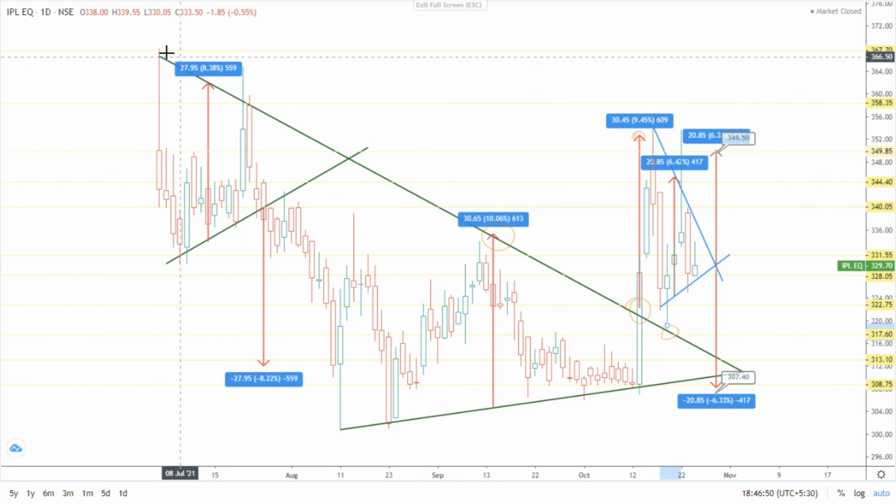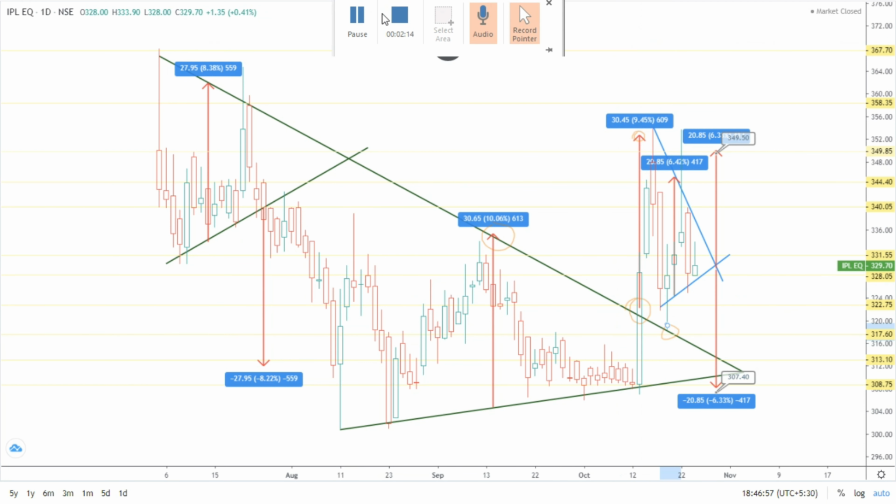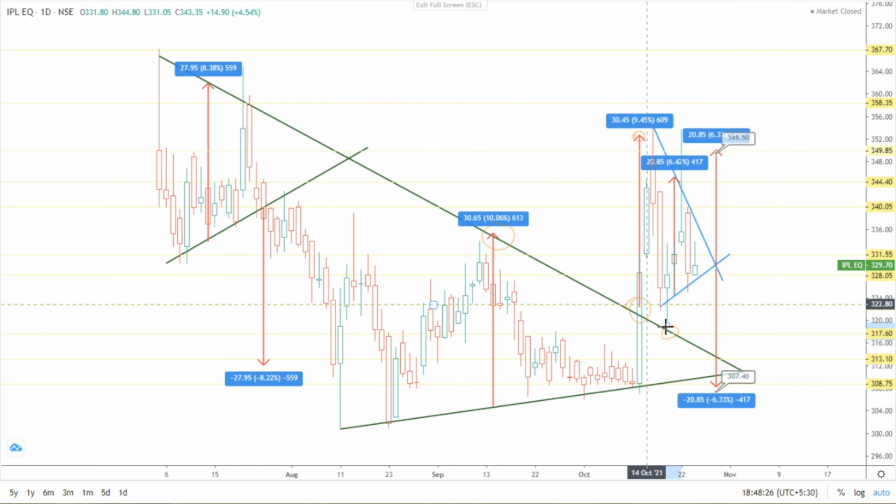Here you can see this acts as a support zone and resistance zone. Before it was resistance, but after the breakout here it has become support. So you can see the support was taken here and again a bounce back was seen in the stock, and now a symmetric triangle pattern has formed. After this, the breakout or breakdown decides it. If a breakout happens, then upside movement can be seen up to 349, and if a breakdown happens, then it will go down to 308.